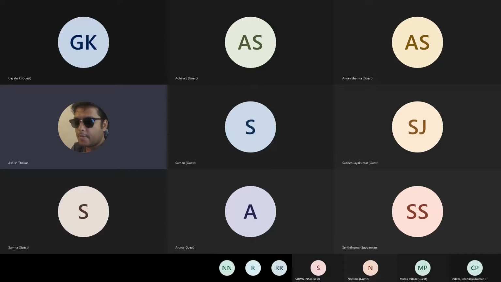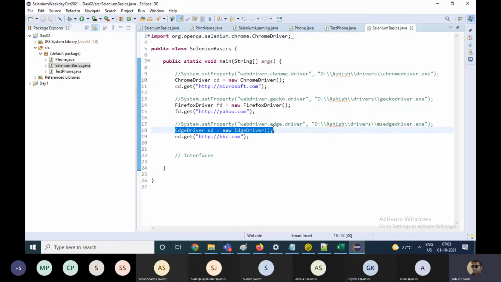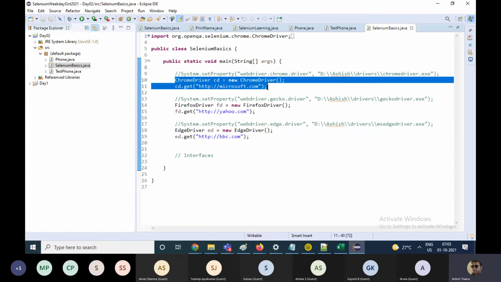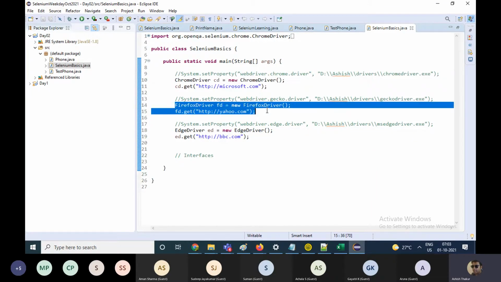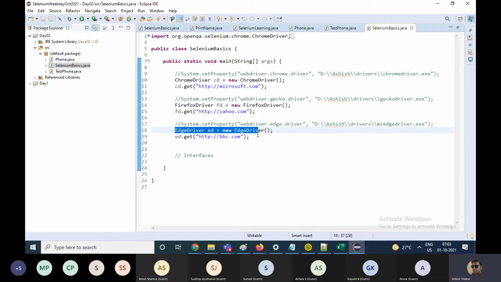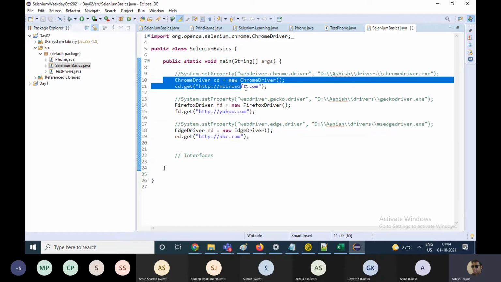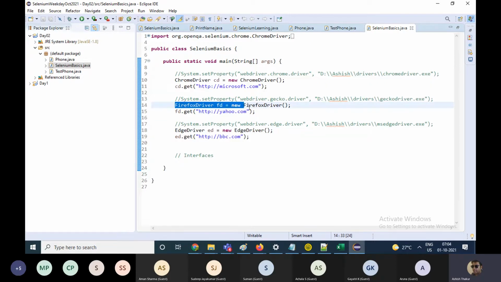Individual drivers. You can start the browsers like this. Okay. By the end of the class, I told you that if you have different browsers and different drivers for every browser, then will the way you write the code in Firefox be different than the way you write the code on Edge or Chrome?